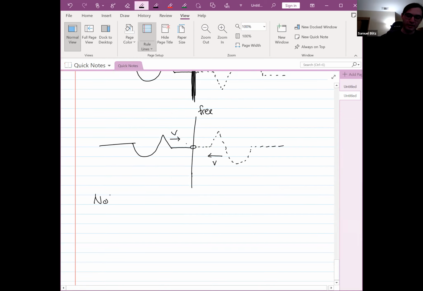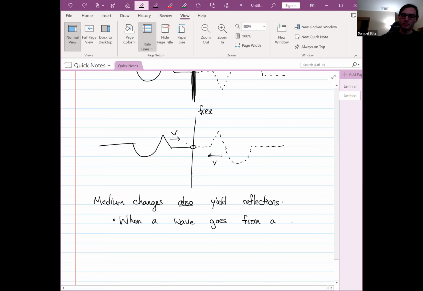So this is just to say, medium changes also yield reflections. And this is the notion of impedance, by the way. If the impedance is different, then you'll have a reflection at the interface. But I'm not going to talk about that. So when a wave goes from a fast medium, a medium with a high wave speed, to a slow medium, a medium with a slower wave speed,